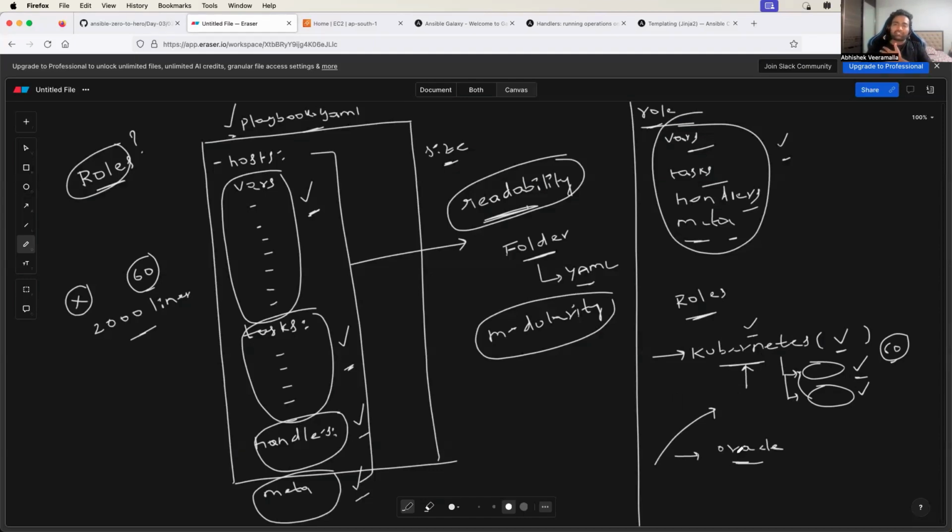Again, there will be so many steps to install a version of Oracle and configure it, or any database. So by using roles, you can make your playbook more readable, more modular, and in future,